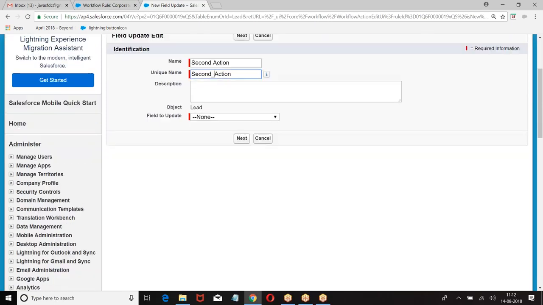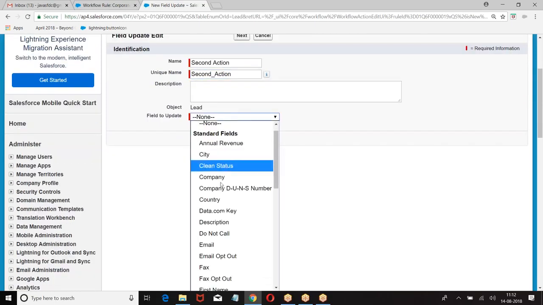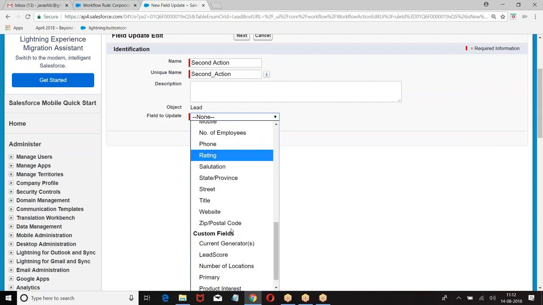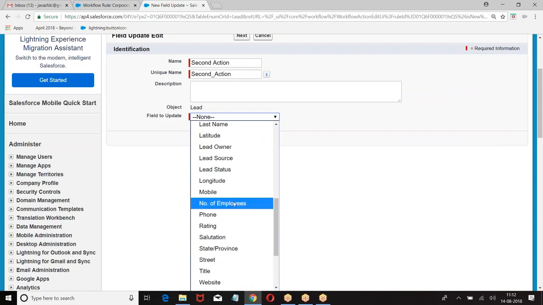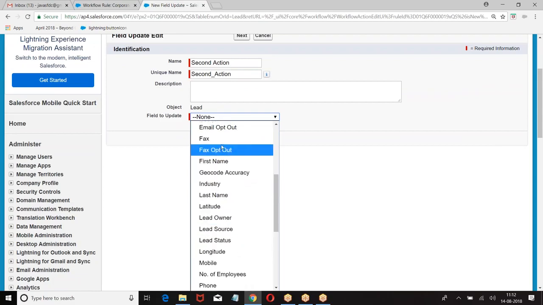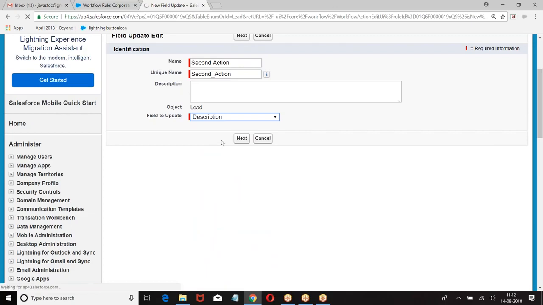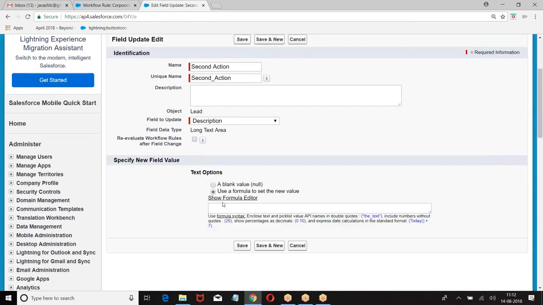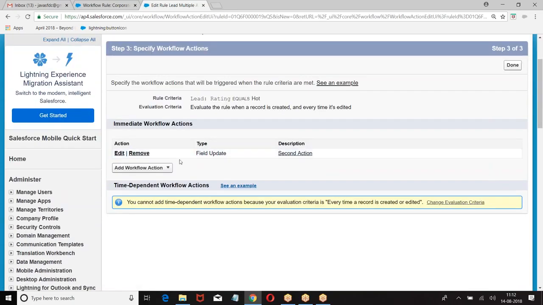Second action. Right. One action is added. This is the second action. Then add one more action.